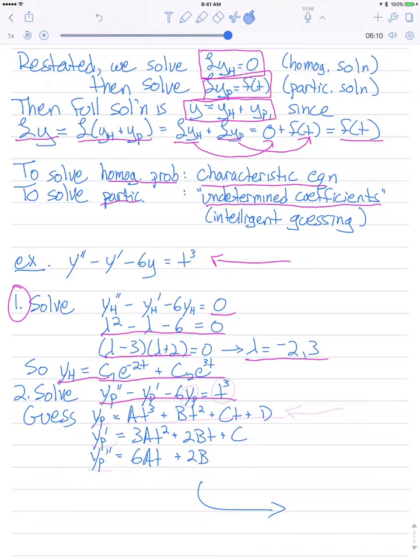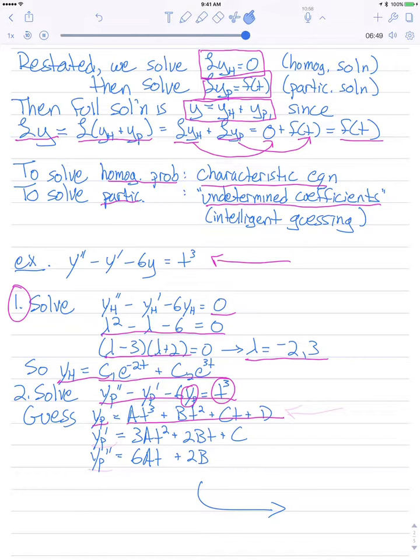You say, well, on the right-hand side, the inhomogeneity is a polynomial. That's the class of functions it is. And you say the only way to get out a polynomial by plugging into the left-hand side linear operator is by plugging in a polynomial. So I've got to guess that yp is a polynomial. And if you think about it for a second, since differentiating a polynomial only makes it be lower degree, the thing I have to guess for y, if I want to get out a cubic polynomial, is I have to guess a cubic polynomial. So I guess that yp is a cubic polynomial, but it's a general cubic polynomial with